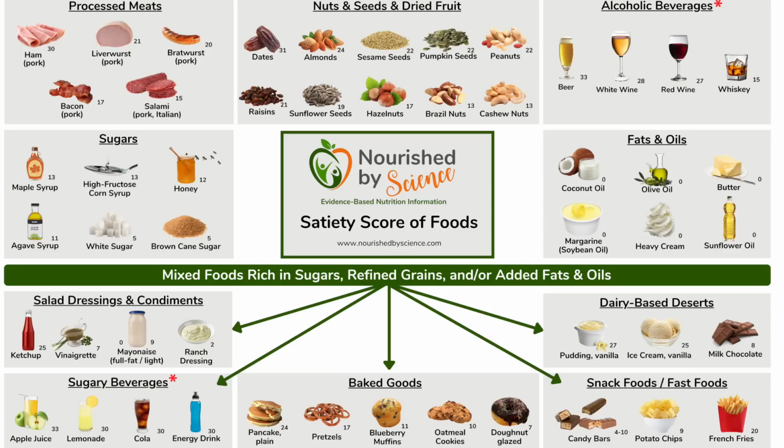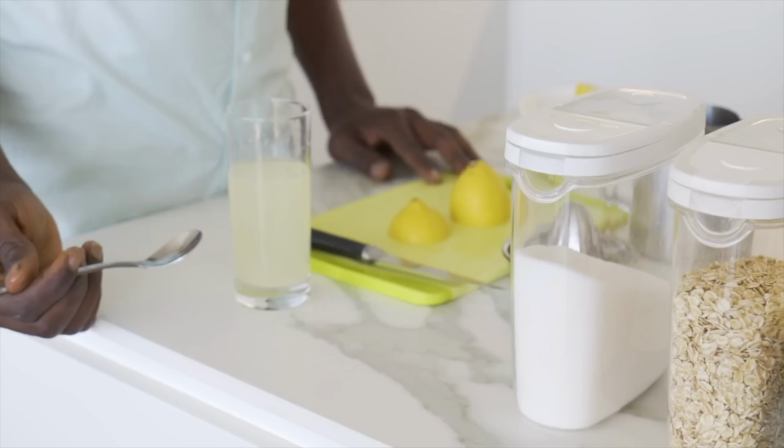For anyone who wants to prevent weight gain, I would suggest eating mostly foods with a satiety score of, say, 30 or higher. In other words, to be very careful with those low satiety index foods listed on page 2 of the satiety score poster. For anyone who is overweight and wants to lose some weight, I would suggest focusing on foods with a satiety score of around 40 or even 50 and higher, and being really careful with added oils and fats, added sugars